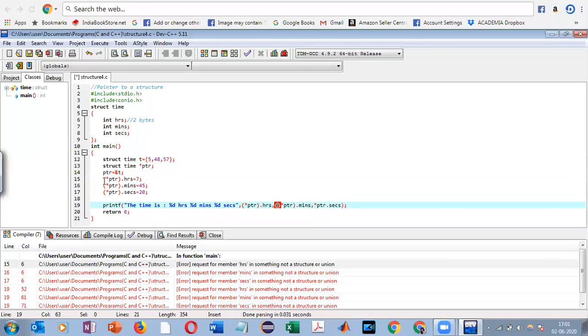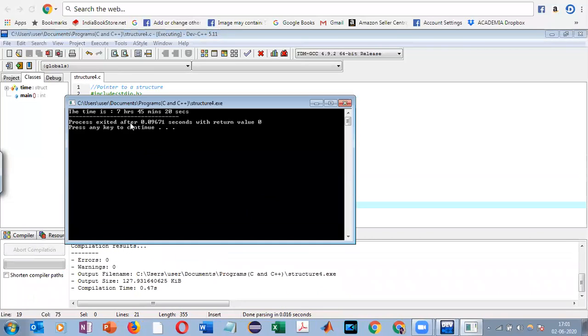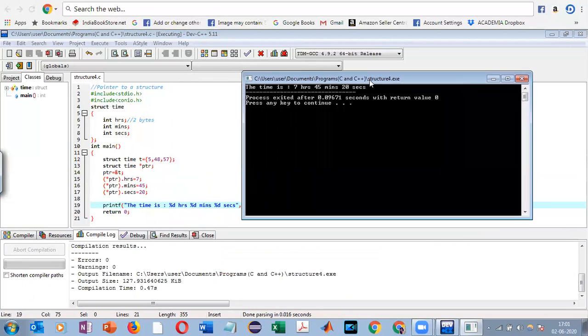Let's see now what is going to happen. Okay, let's save. Let's compile and run. Okay, here we see now the program has run correctly.